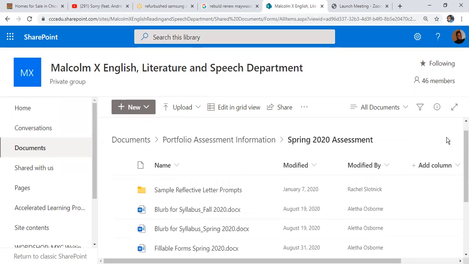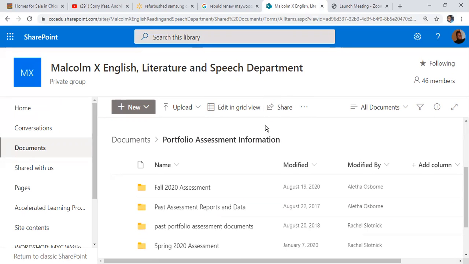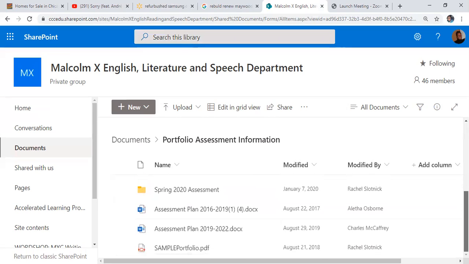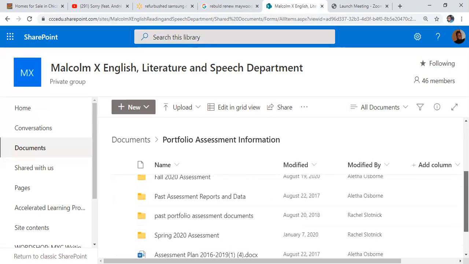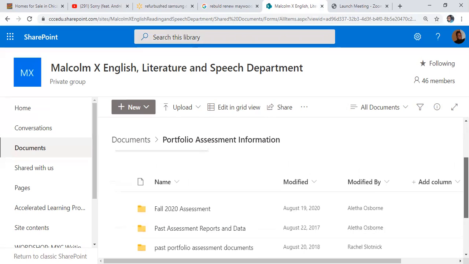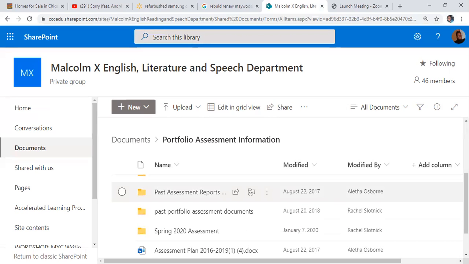All right. There should be, and let me go back, a folder under portfolio assessment information for spring 2021 assessment. Okay. And then from there, you would add all of your information. All right. One more thing to show you in terms of setting up what's best practices for preparing for the portfolio or assessment season